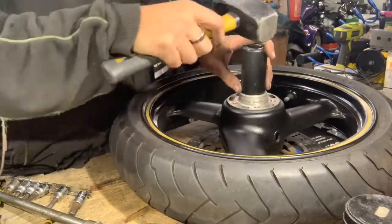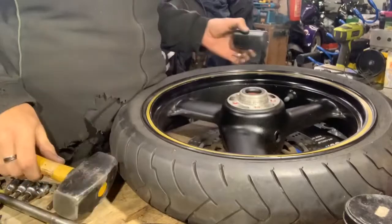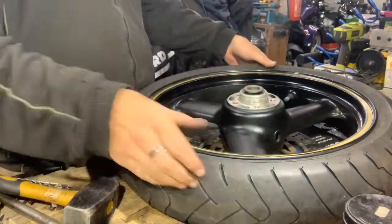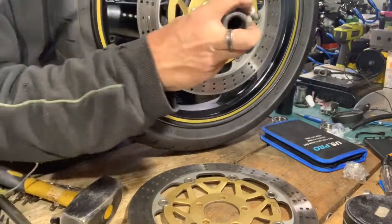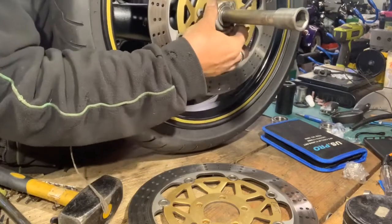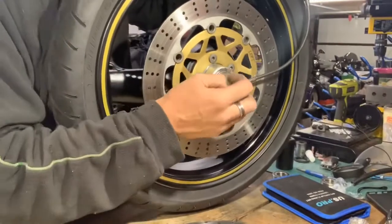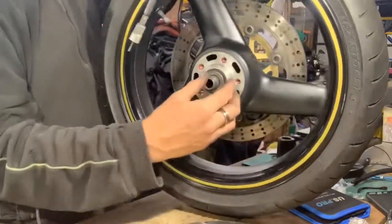So I'm just going to tap this in so it's pretty much flush with the wheel, because you don't really have to go too far, it sits just nicely there on the bearing. And when you assemble it all, this bit goes on that side with the speedo drive, which finds its place. That lock goes in. Obviously the caliper, the fork, let's adjust this camera a little bit. Obviously the fork sits along there, but I say the speedo drive goes in, and to the side, comes out,